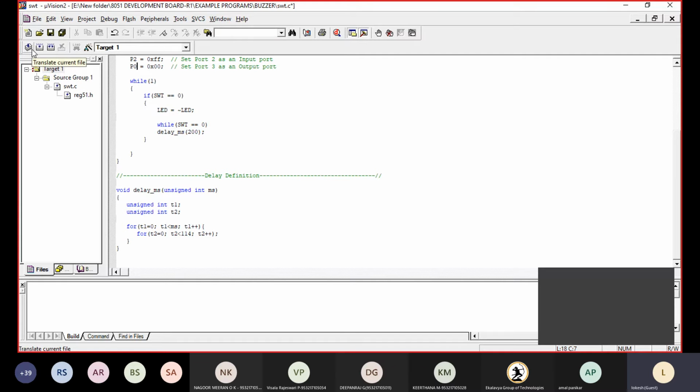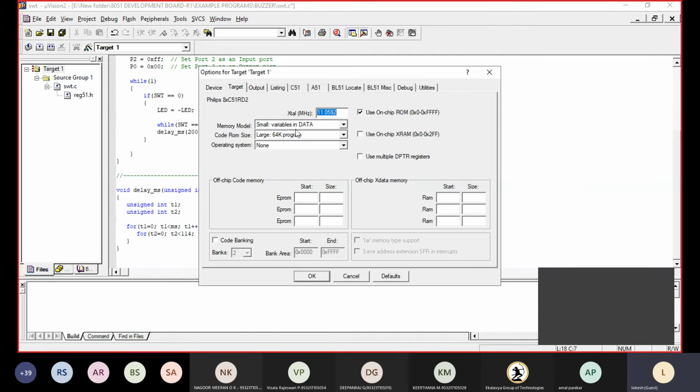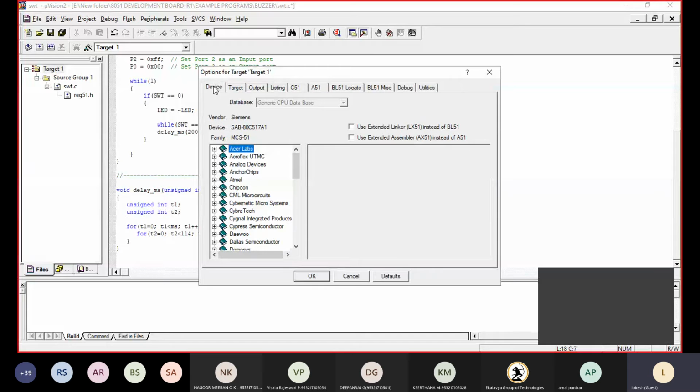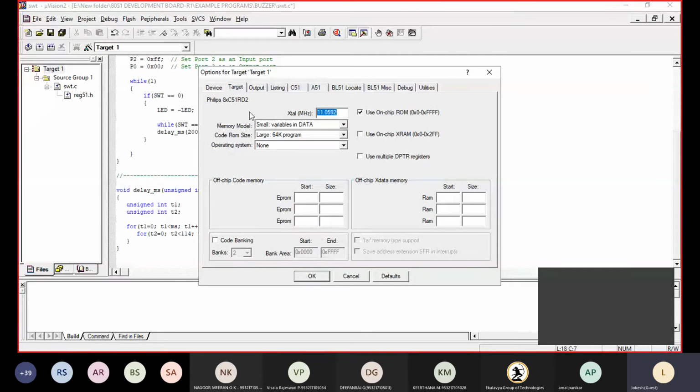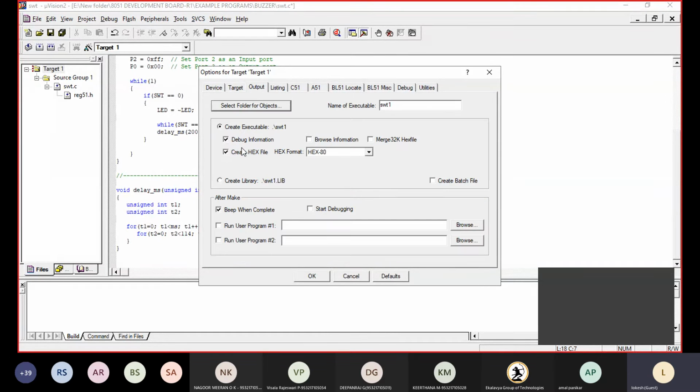First we will put this one and go to the target options. The device is already selected. The target is 8C51RD2. Target file, next output will give the hex file, like that SWT1.